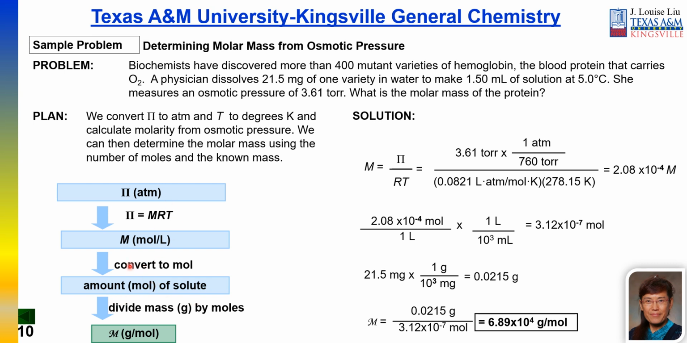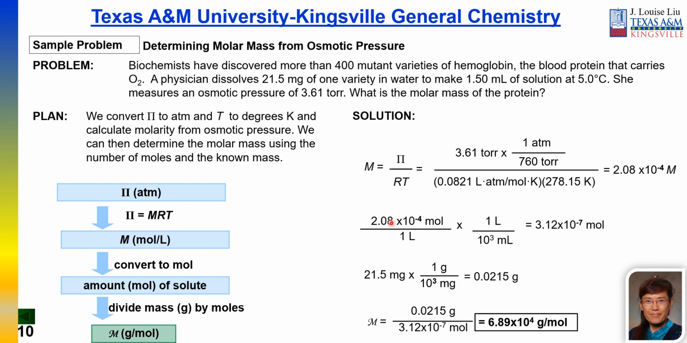That's our plan. First of all, you are going to do the unit conversion. Convert your 21.5 milligrams of your protein to grams. Convert your 1.5 milliliters to liters. Convert your Celsius from 5 Celsius to Kelvin. Convert your torr to atm. That's our first step. Second step, you calculate your molarity, and then you calculate moles, and then you determine the